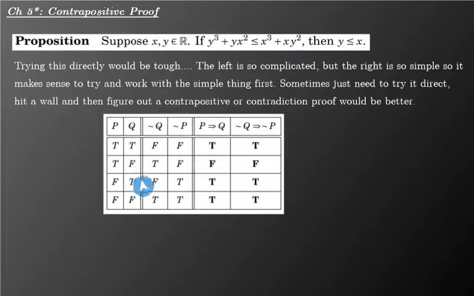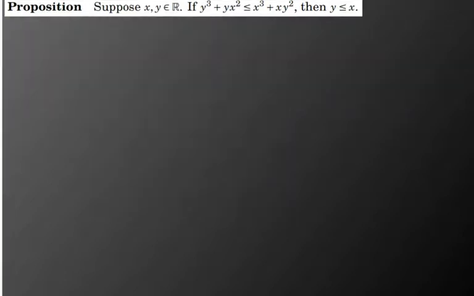If you just fill out the truth table, your original conditional has the exact same truth value as the contrapositive. So if you prove this conditional, then it will work, and for this too, they're the same thing. So whatever you prove here, it's going to apply to this. So let's do that. So if I was doing a proof by contrapositive,